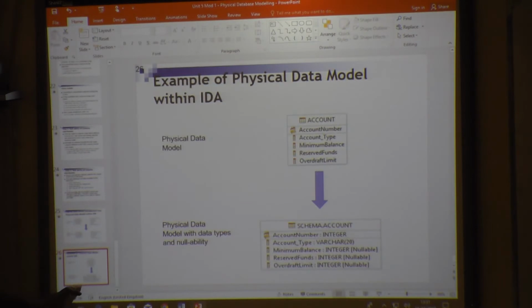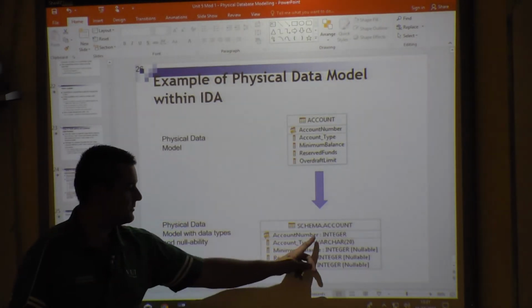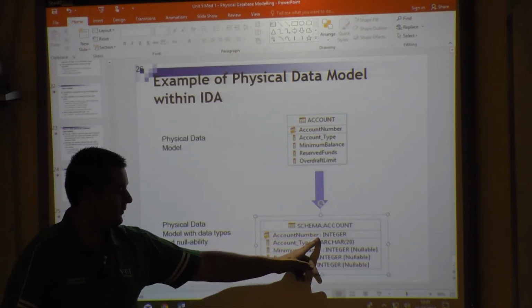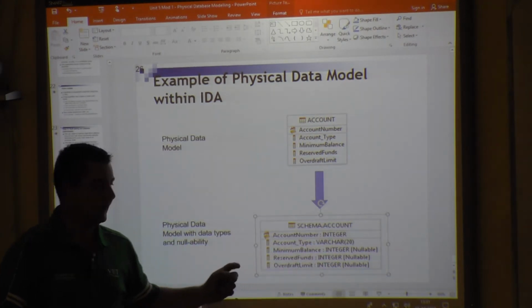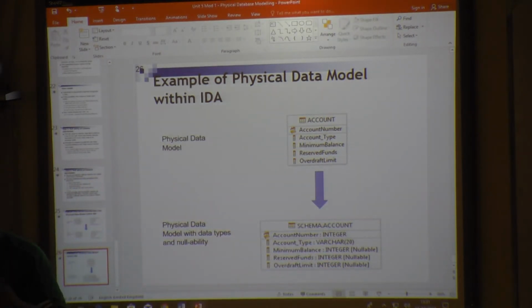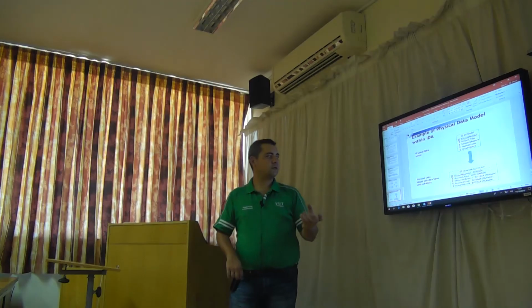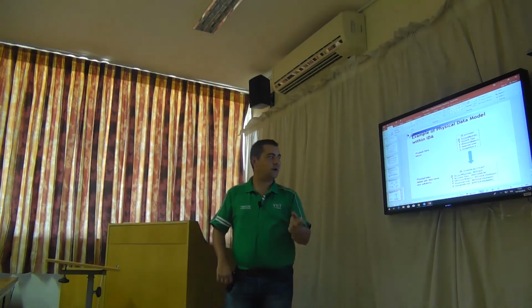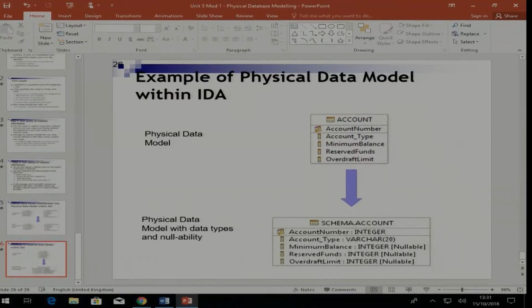If we look at this last one, we have the column and we have the data type associated with it. So the account number is going to be integer, account type is varchar, minimum balance integer. But they've also denoted